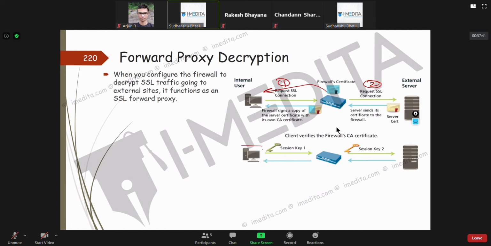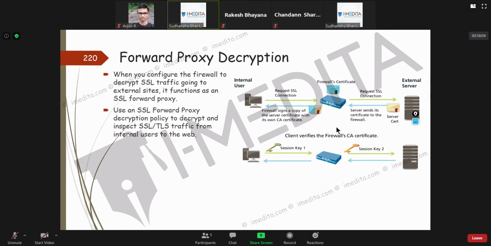When this key is generated, these are two separate keys. One key will be applicable for the SSL tunnel between the user and firewall, whereas the other key will be responsible between the firewall and the external server.